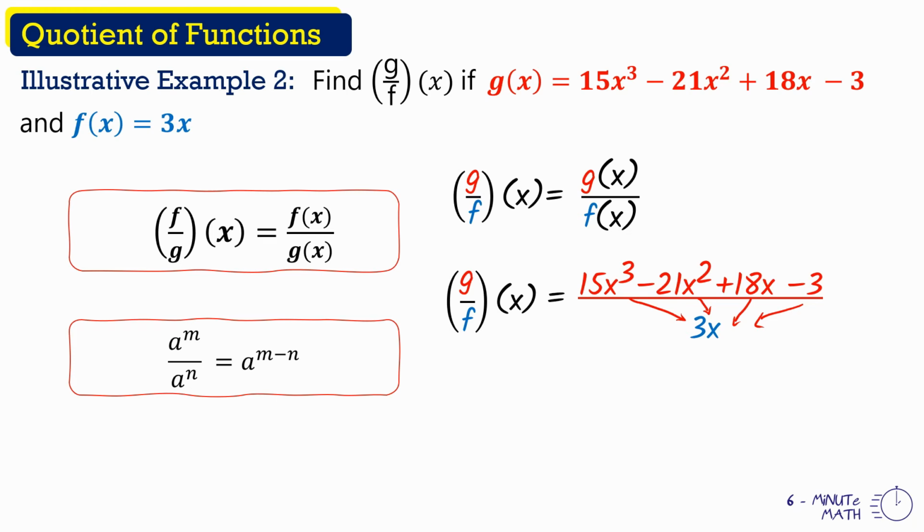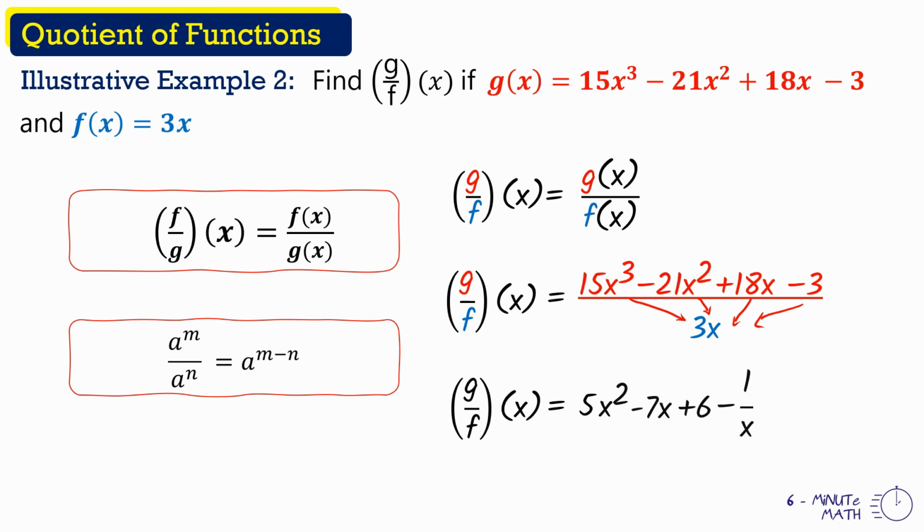Okay? So, magiging function na natin is g over f of x is equal to 15x cubed divided by 3x, the answer is positive 5, and then yung exponent, subtract natin, x cubed divided by x is x squared. Next, negative 21x squared divided by 3x, the answer is negative 7x. And then 18x divided by 3x, the answer is positive 6. And then next, we have negative 3 over 3x. The answer is